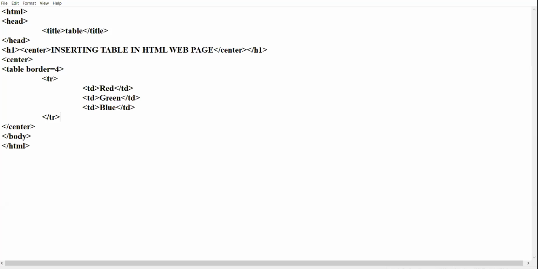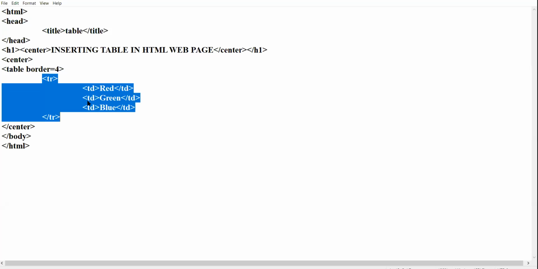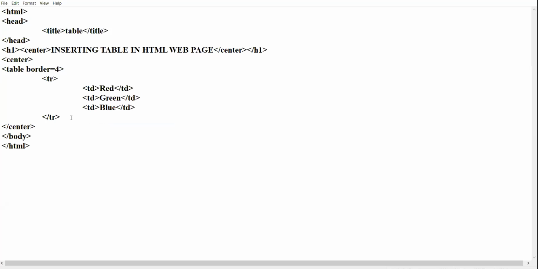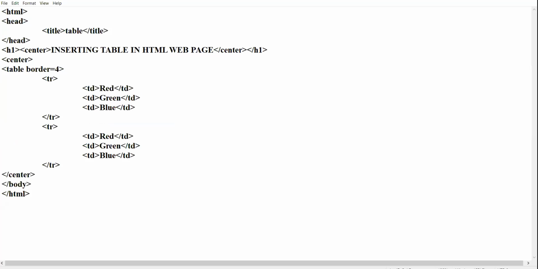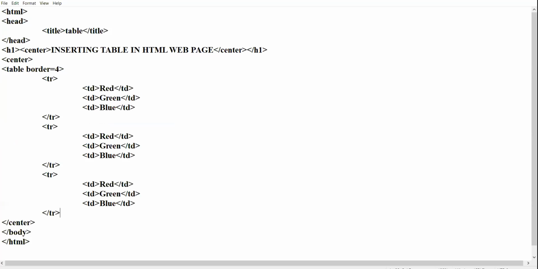Okay. Now select it. Right click, copy. Keep on pasting for the number of rows you want. And you can change the entries over here. I am taking yellow, aqua, maroon.